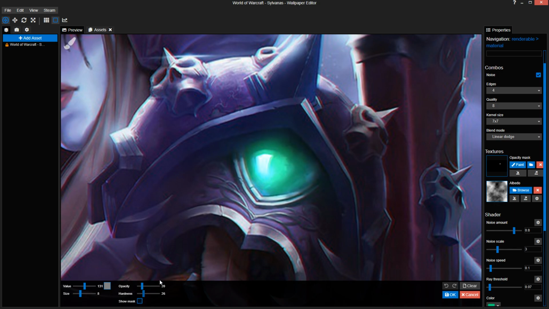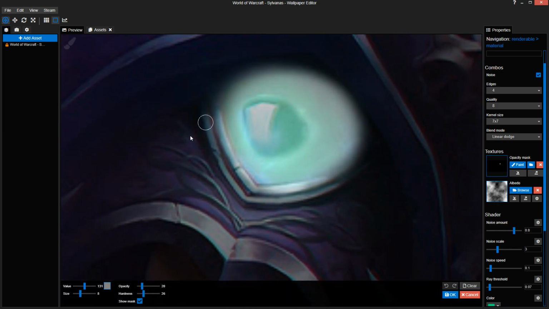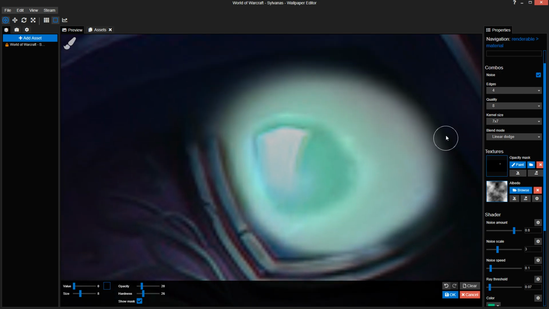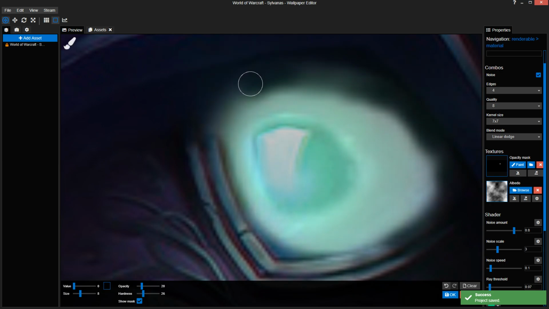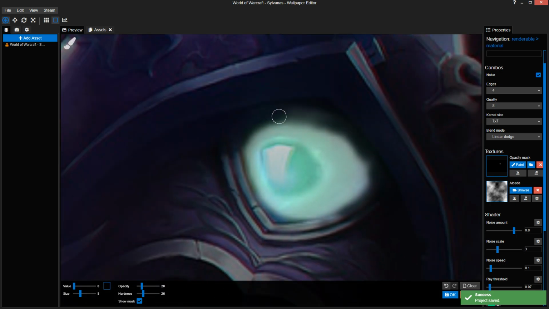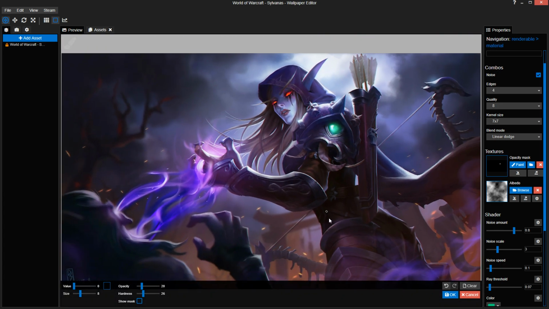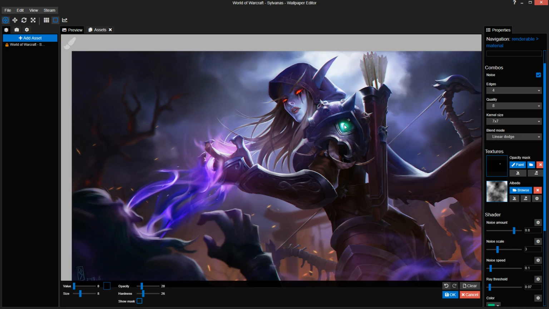Right, so now we want to change the opacity and make sure it doesn't really go over the edges. Remove those things. There we go. That's already looking a bit better.